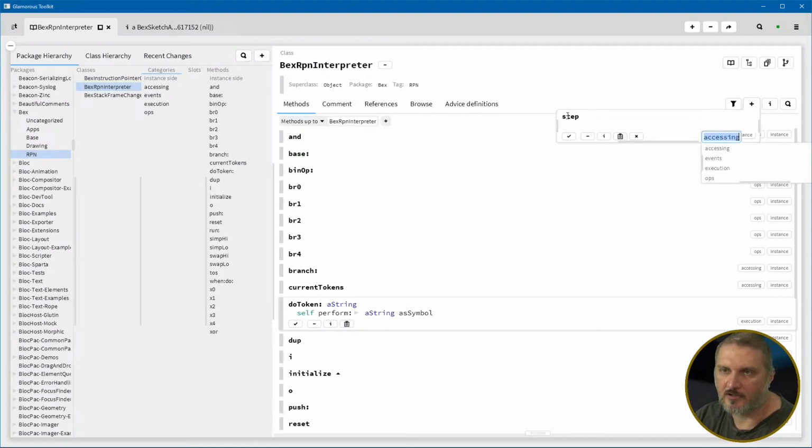So the kernel of Pharo has stepping built into it. We're not going to worry about that. That has something to do with the old school graphical user interface called Morphic. Anything could be a visual object in the whole thing. Very cool, but got kind of messy over the years. All right, so step, we're going to